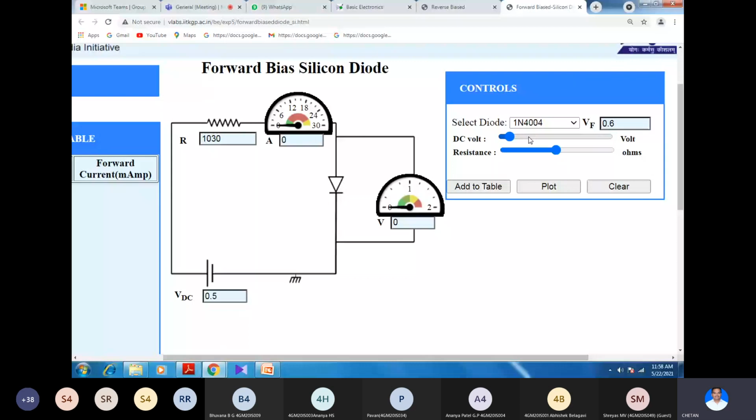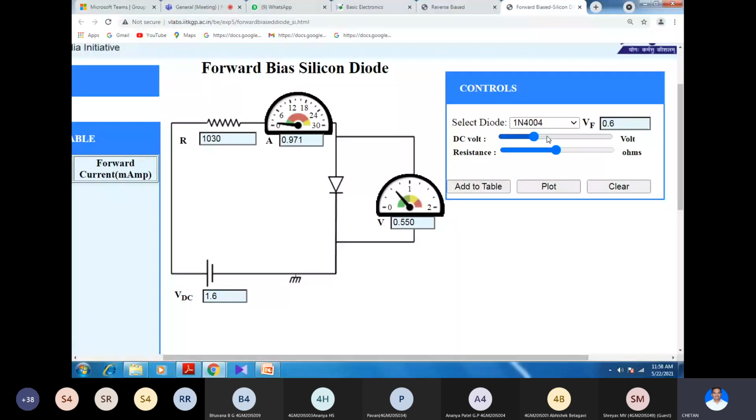So what you can see is there is a flow of current. You can observe the ammeter is showing some deflection. It is 0.388, and this voltmeter is also showing a deflection, right? Now if I increase this voltage further, I have increased this to 1.6. The voltage drop across this diode will be almost equal to 0.6. It will not go beyond that. The current is increasing. You can see there is an increase in current.